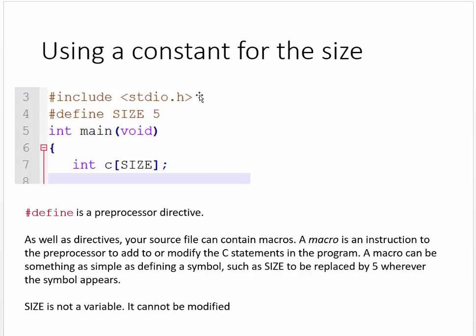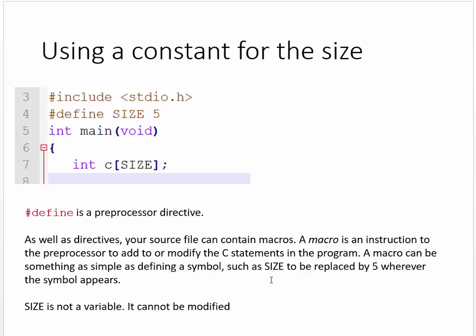So include standard I/O is a preprocessor directive, but defining something is also a type of preprocessor directive called a macro. A macro is an instruction to the preprocessor that happens during the compilation, before the compilation. It's a message to the compiler before the compiling of the program begins. Macros can be complex, but they can also be something simple, like we're doing right now, such as defining a